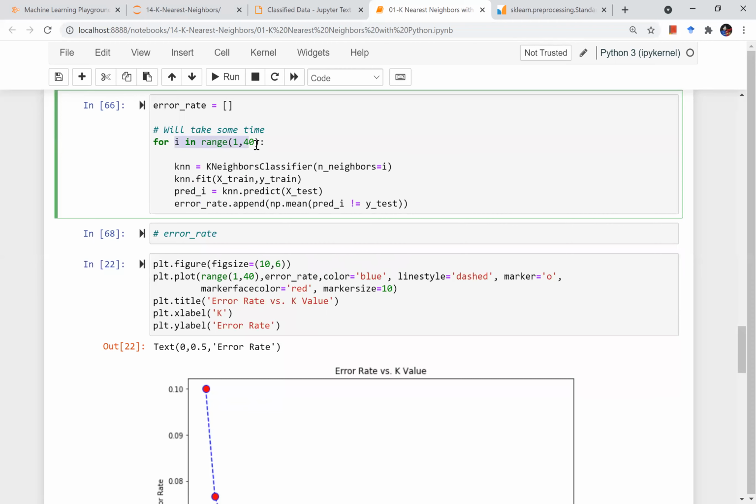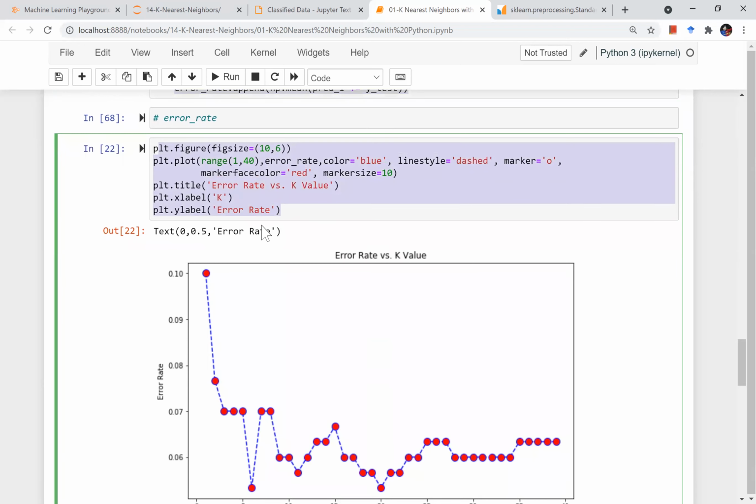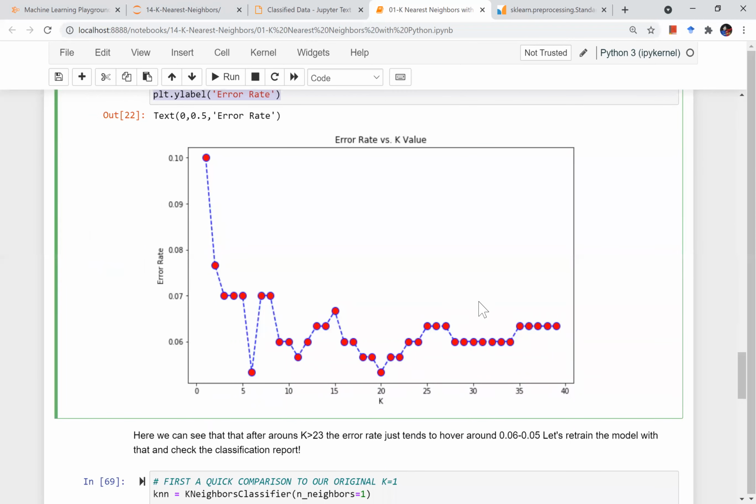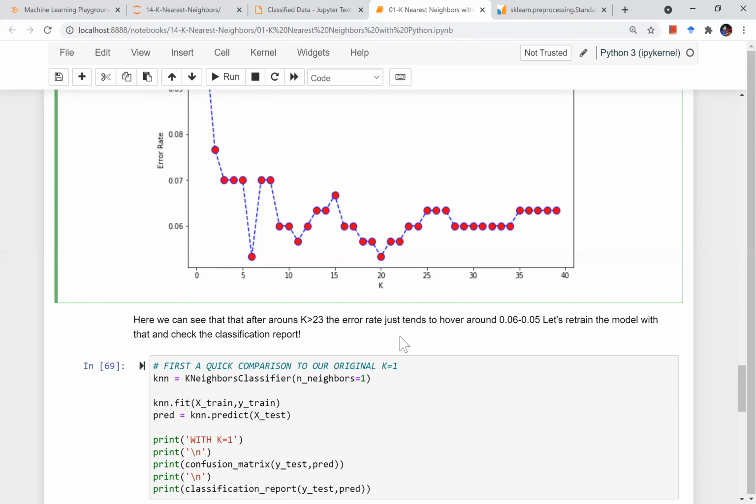So for all these 40 values, I defined a model, fitted the model, made some predictions, and based on the predictions, I found the error. Like for every specific value of k, what is the mean error I'm getting? I get error for all the 300 rows of testing. What is the mean of all those values, right? Then I get a plot like this, which is called an elbow plot, and I pick the lowest value, maybe 6 over here or maybe 20 over here, to get a better accuracy.